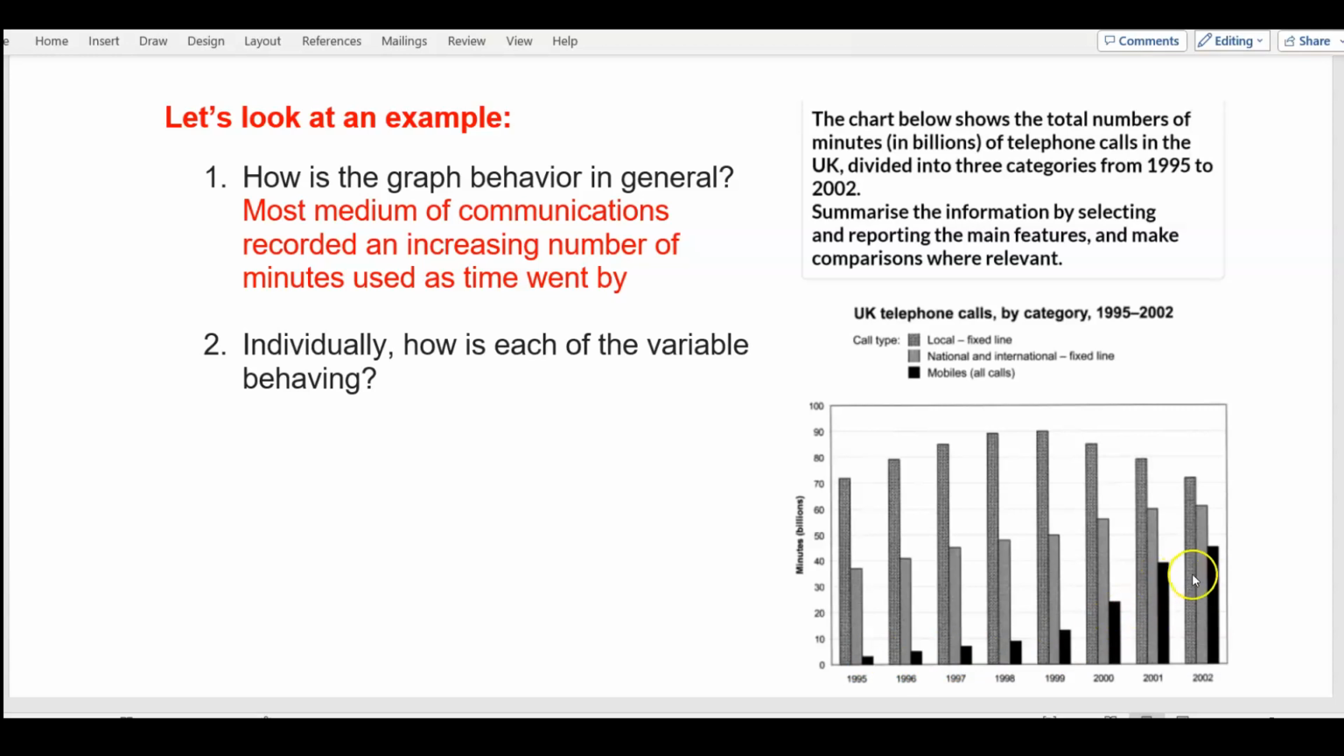All right, so it just went up drastically later. Now if we take the national and international fish line, you can see it started from here, then went up a little bit consistently. There was a consistent increase. It was actually a moderate increase in the number of minutes that people spend on national and international fish line